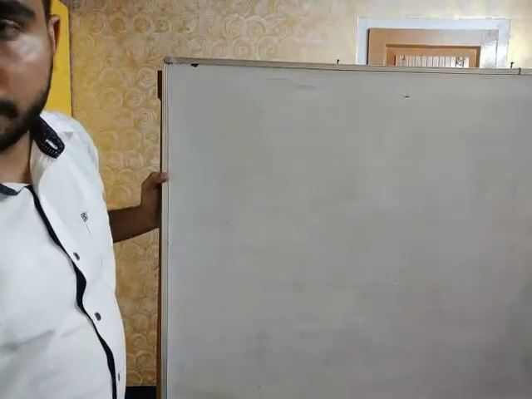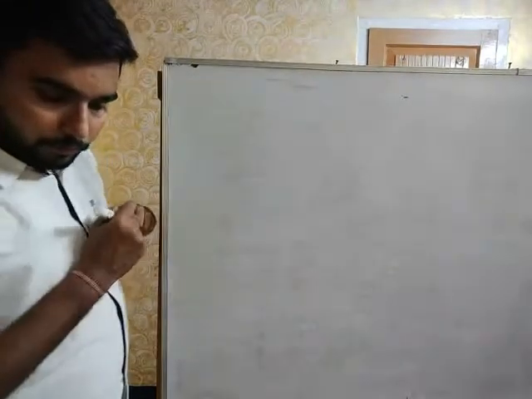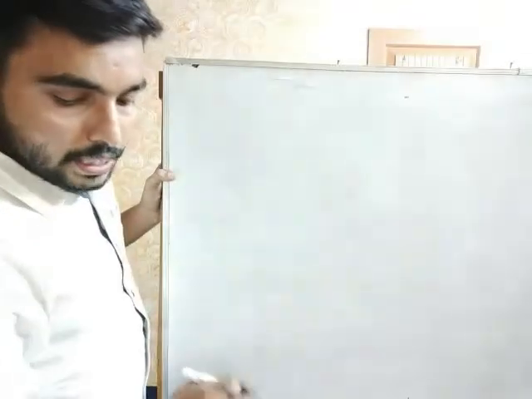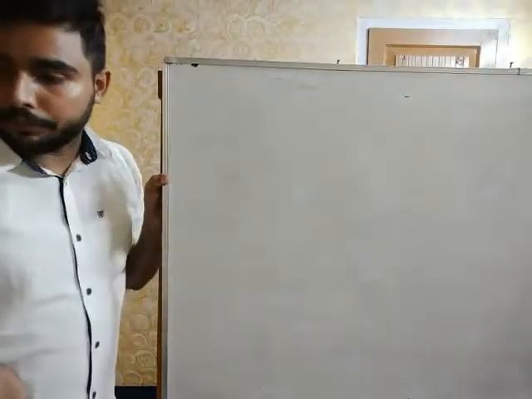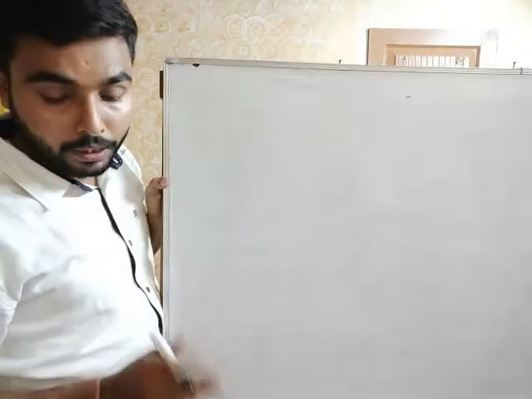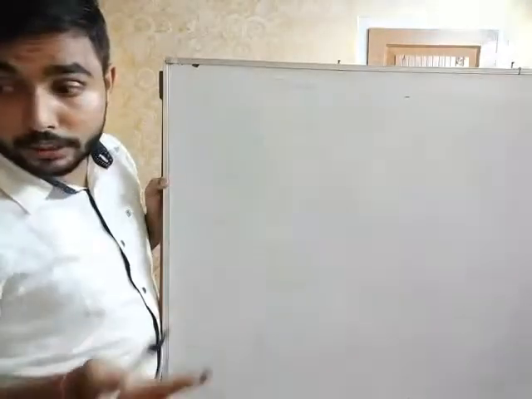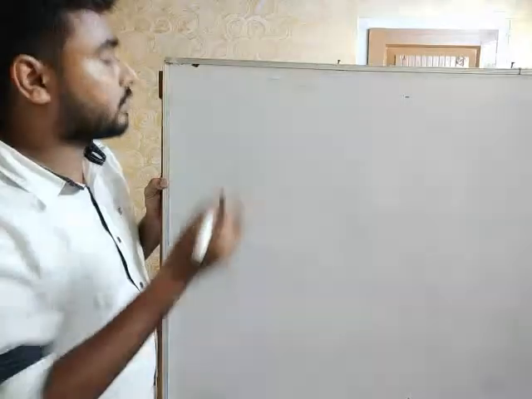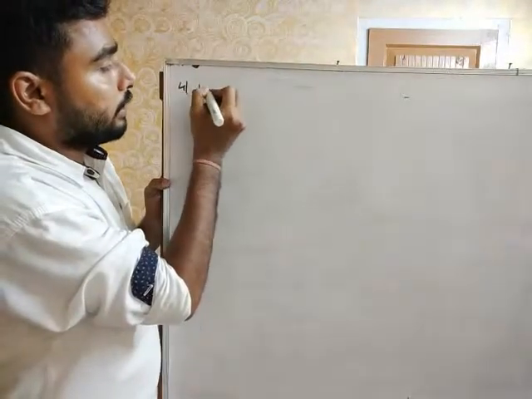Let's move to number 4 then. Find two consecutive positive integers, the sum of whose squares is 365. So I will write, let the